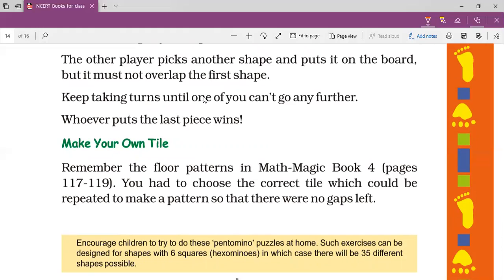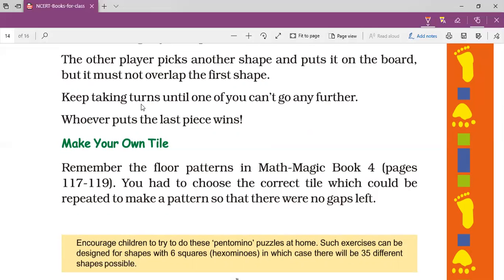So the previous games, the puzzles, were just one activity that you have to play with your friends. Now let's see how to make a tile. Tile means what? The floor tile that we can see in our kitchen, even in our bathrooms, also on a floor. Yes, beautiful tiles are arranged on floors. Also in the kitchen, we can say the cherry or coffee tiles are arranged in front of the kitchen. So that is the tile.